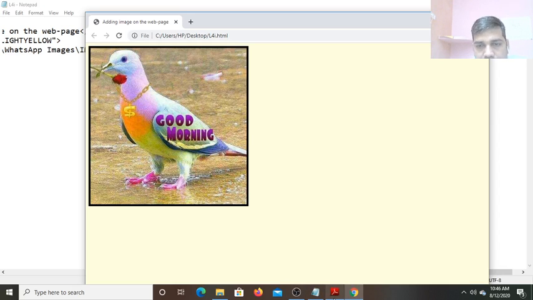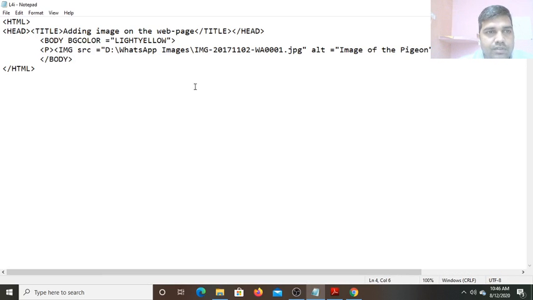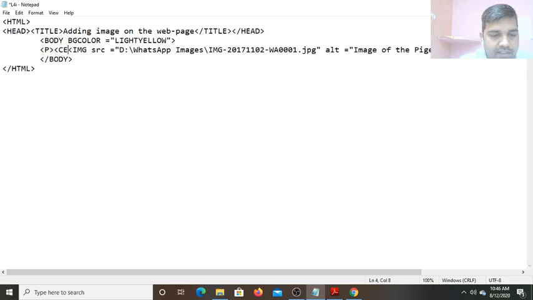Another thing, if we want to place this image horizontally in the center, you have to use the center tag. Now let me write that. This entire image tag we write inside the center tag, open and close. This is the paragraph we wrote. Now after the paragraph you can also write the center tag. See what we write, center.